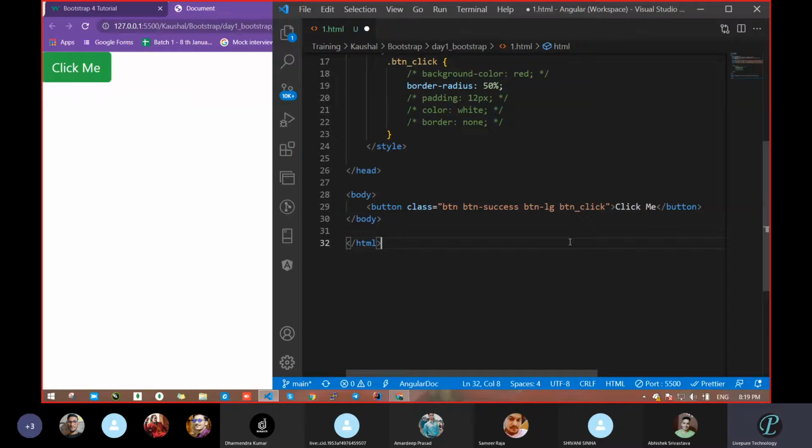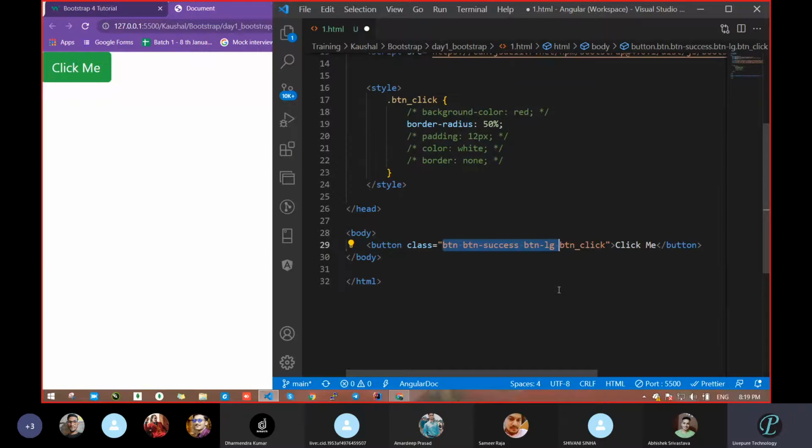We passed that one. And what about this one? This class is not defined. This other class we had not defined either. It's already coming from somewhere, but we don't know where it's coming from. Let it be. But this class we know that we had defined. Correct or not? btn click, it is all available inside style. We can pass this CSS, external CSS, as we were doing up to now with CSS.